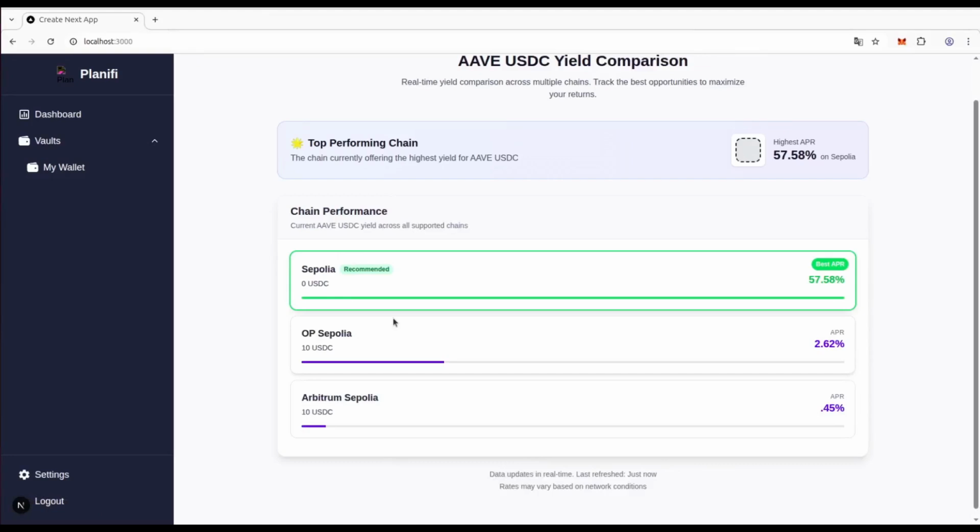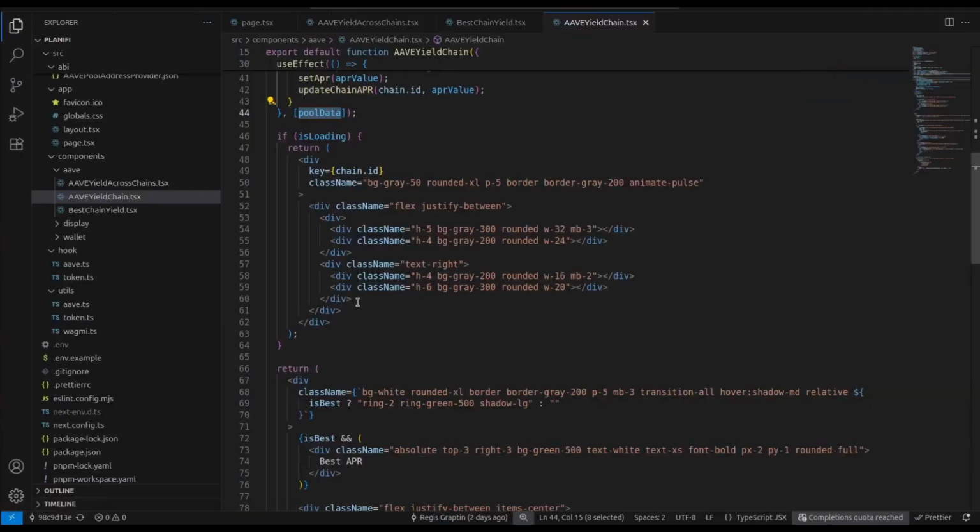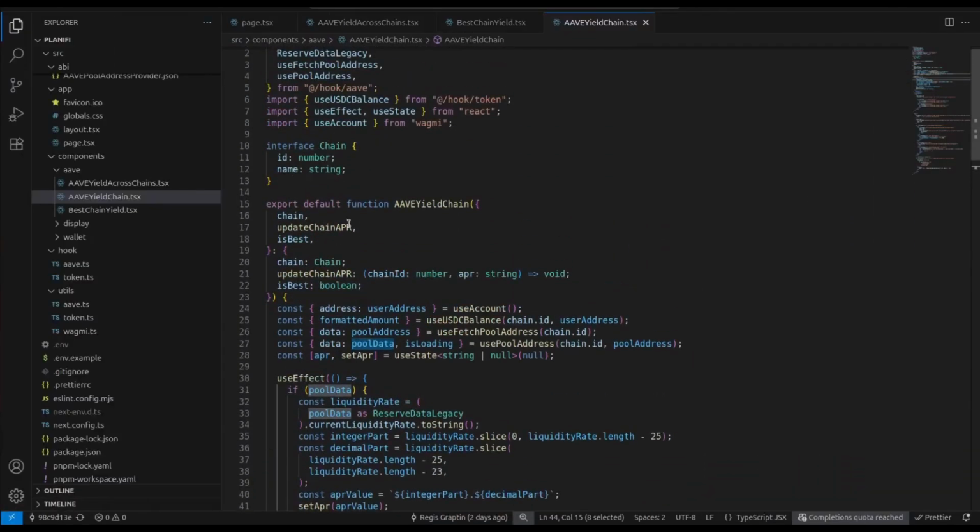But the main issue that I ran into is that now I would like to display the best APY chain in another component. And this is becoming a nightmare. So for that, a simple way that I've found is to pass as props a function where, in my